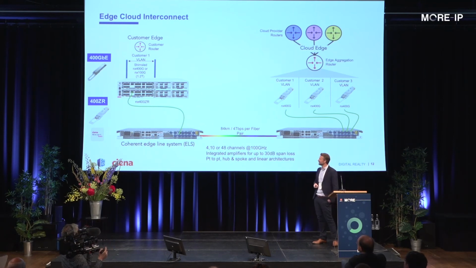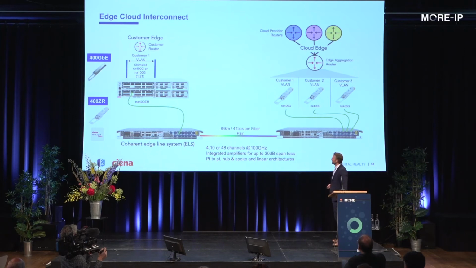So basically, this system is very low cost, small footprint, 1 RU, and is able to transport up to 10 wavelengths, so 10 times 400 gig, if you will, over 80 kilometers. So low cost, only 1 RU, pretty much plug and play, and it will help the end users, the enterprise, to get connected to the first edge with the first cloud.